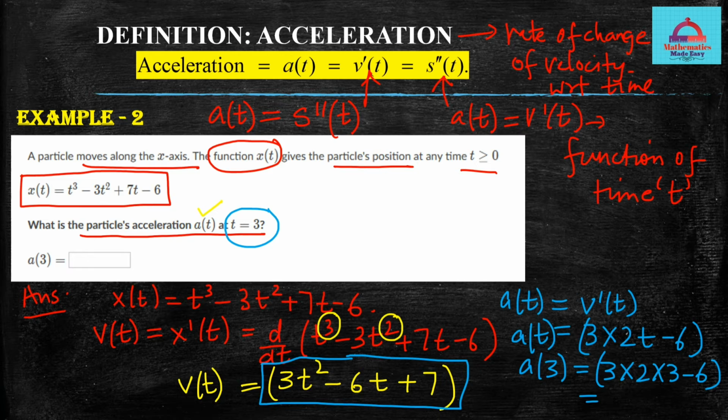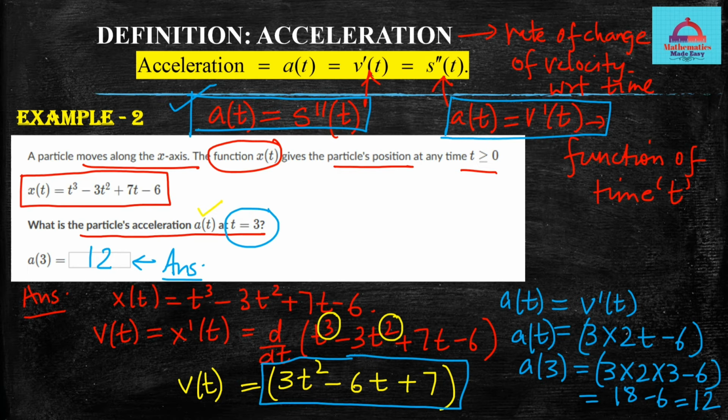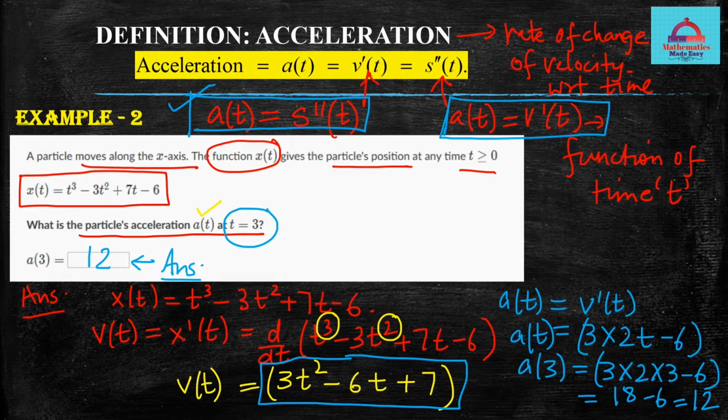So now you can simplify this expression. This is 3 times 3, 9, times 2, 18, minus 6. So this will come out to be 12. So your acceleration for this given function at the point t equal to 3 is going to be 12. That is going to be your answer. I hope example 2 is clear and you've seen in this slide how we calculate the acceleration. The takeaway from the slide should be this formula. In terms of acceleration, you are differentiating 2 times if the position vector is given, and if velocity is given, you just differentiate it 1 time to get your answer.